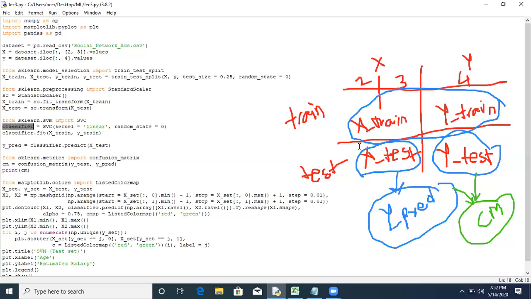Now how to do training? We will apply X train and Y train as input. How to do testing? We will apply only X test as an input. The machine will generate some output that we will store in one variable, ypred, and then we will compare the machine generated output with the actual output. Actual output is Y test.